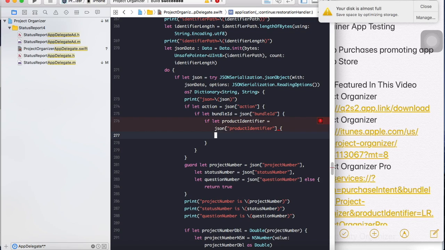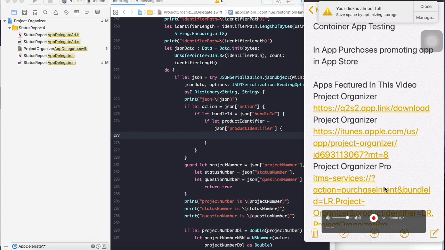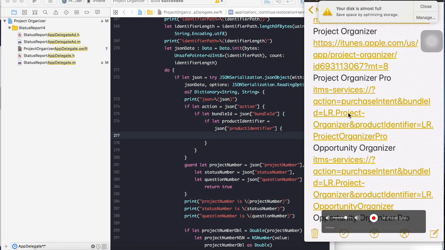So these are sort of like guard statements, except that the only way the user of this is going to get through these three levels of check is if they structure an in-app purchase something like this, except instead of being ITMS services, which is the App Store icon, iTunes, they add these parameters and have first the action, which I'll make purchase intent,